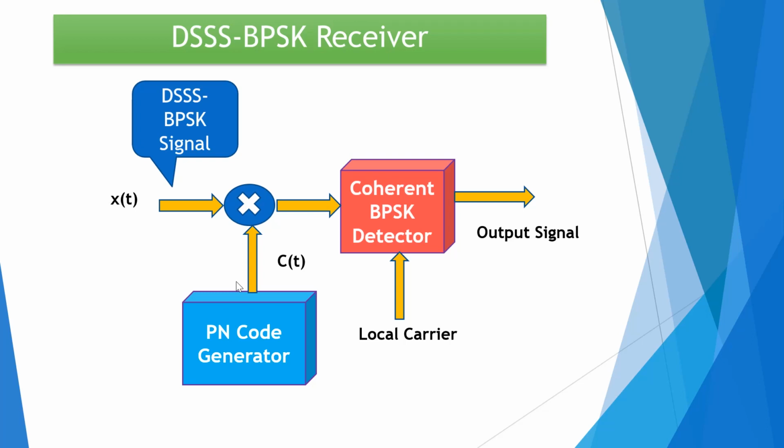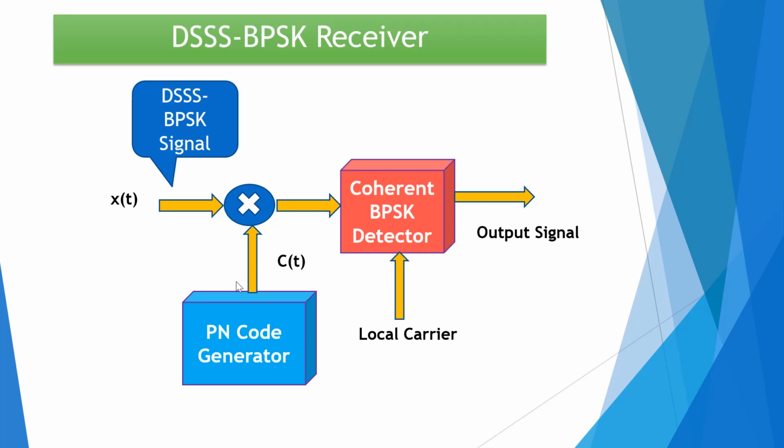Here, for proper operation, the spread spectrum system requires the local PN sequence at the receiver to be synchronized with the PN sequence at the transmitter. So the synchronization is carried out in two parts, the acquisition and tracking. There are some performance parameters of the DSSS system, that is processing gain, probability of error and jamming margin.